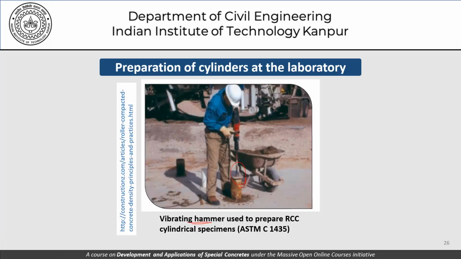And we've already discussed this issue that as far as possible, we should try to use equipment in the laboratory which is similar to the kind of equipment that we will use in the field. So even though a compacting hammer or a vibrating hammer is not really the same thing as a vibratory roller, it is the best that you can do, at least in preliminary studies.